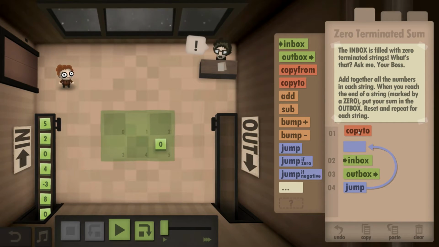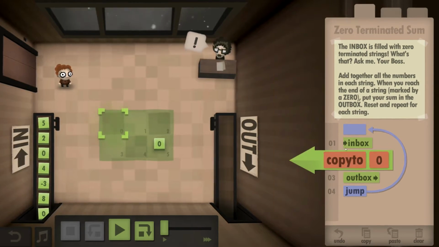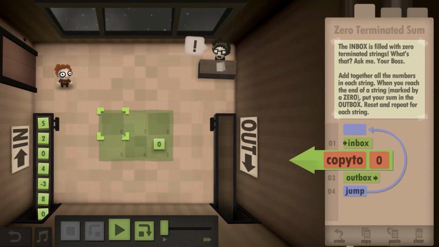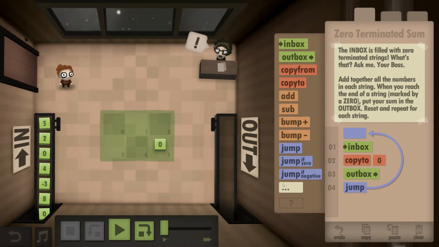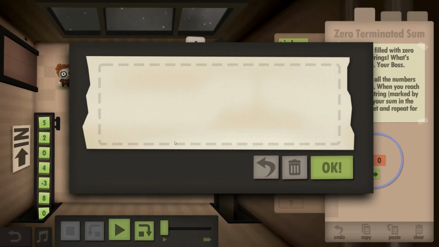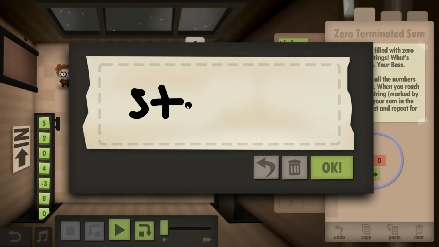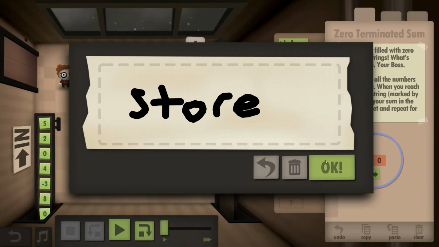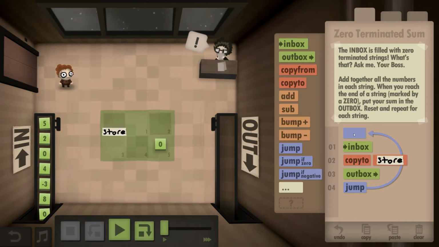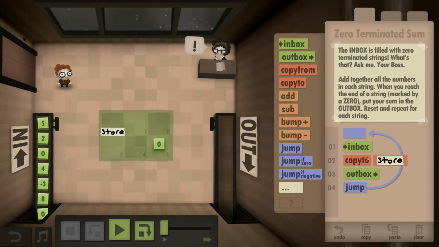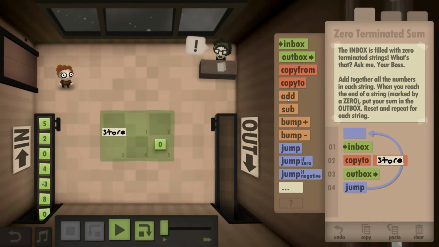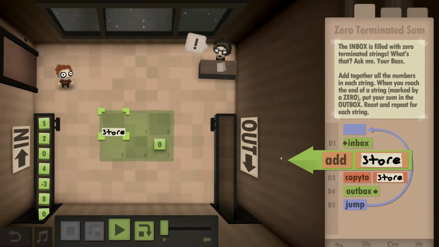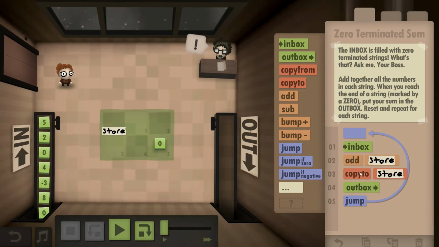Well, in fact, before we start anything, the very beginning step, put it in 0, which will be store. There. Okay. So we get an item from the inbox, we store it. Then we get an item from the inbox, we add from store, we put it in store,